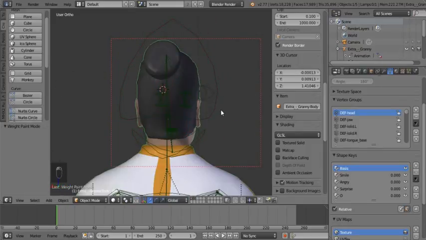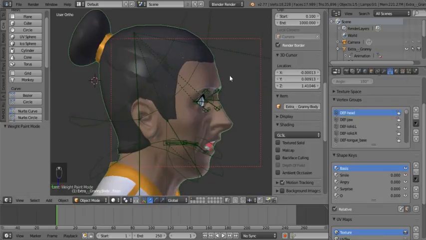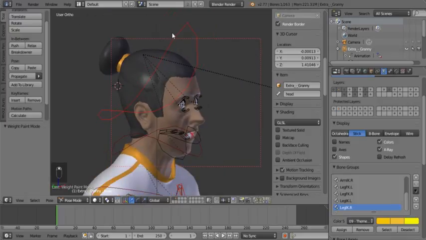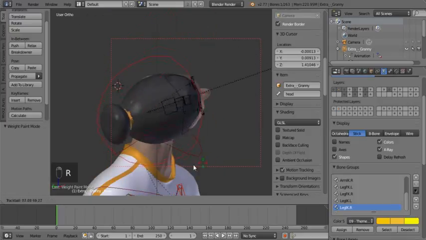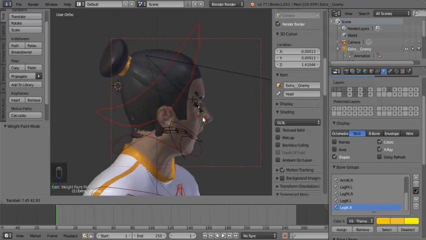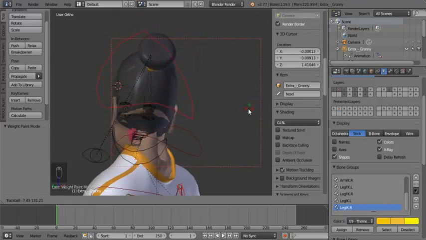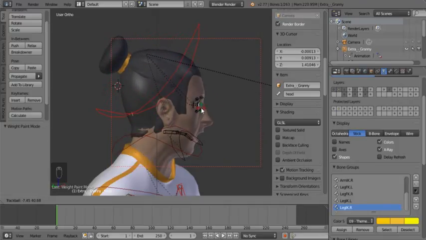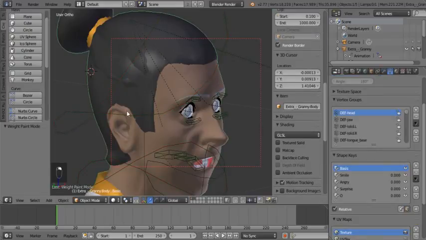So heading into object mode again, we can turn off the bones, like that. Getting the head bone right there. And you can see the hair stays with the head. But as you can see, there's some breakthrough under at the back of the head. Even if you just turn the head slightly sideways, what you can do to fix that is